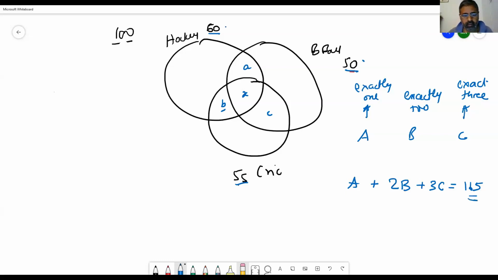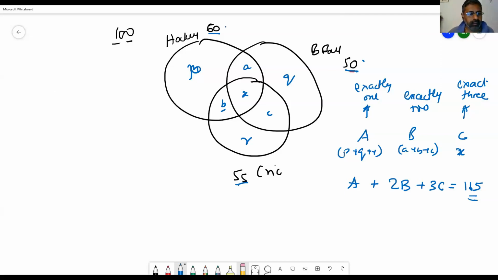All the people outside, let's take this as PQR, so P plus Q plus R, all of these people get only 1 chocolate. While A plus B plus C, all these people will get 2 chocolates. And this guy, which is X, will get 3 chocolates. And all together it will be so many chocolates.